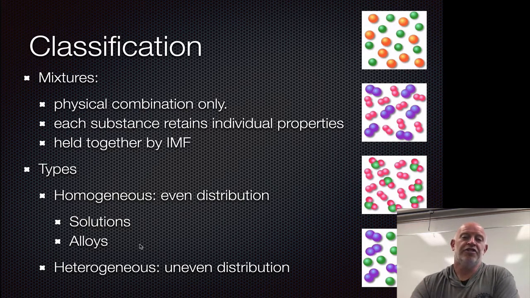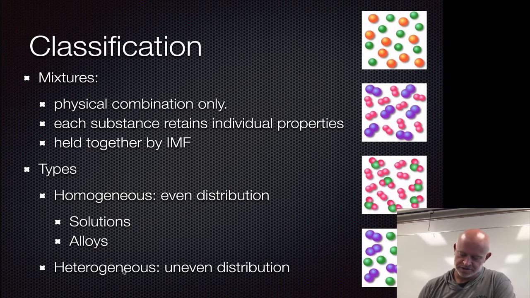Now, everything else that we blend or mix together is heterogeneous, okay? So for our heterogeneous mixtures, that's anytime we have uneven distribution in terms of what we have going on. So with heterogeneous mixtures, at the macroscopic level, if you look at it, you can see the differences, okay? If you take a look at sand on a beach, they're different. If you take salt and pepper, mix it together, you can see the difference between those things. So anytime you mix things physically, but yet you can identify the different things visually, you have heterogeneous mixtures inside there.